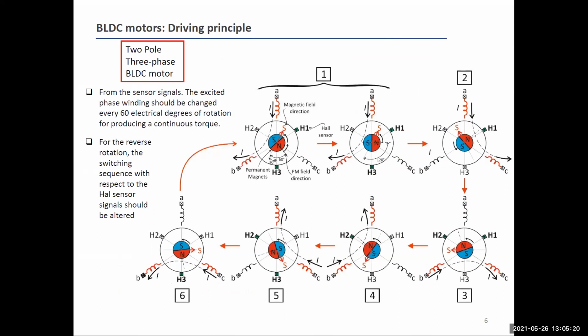So we need this kind of Hall effect sensors. However, the position sensor of the rotor increases the cost and also the size of the motor. And anytime you add something, you reduce the reliability of the drive system, okay? Because you have another mechanism that you have to control, you have to be sure that it works correctly,